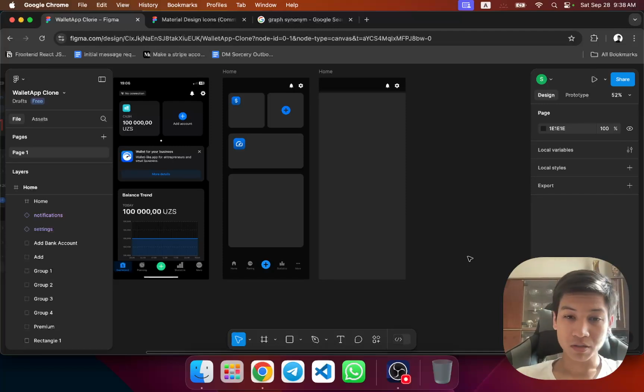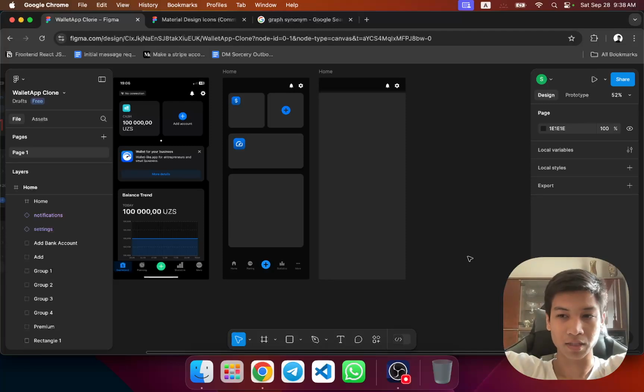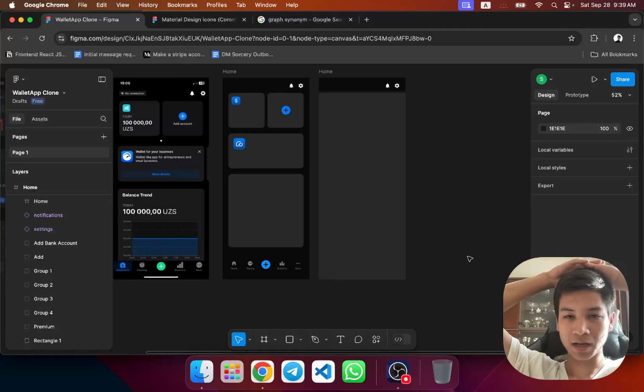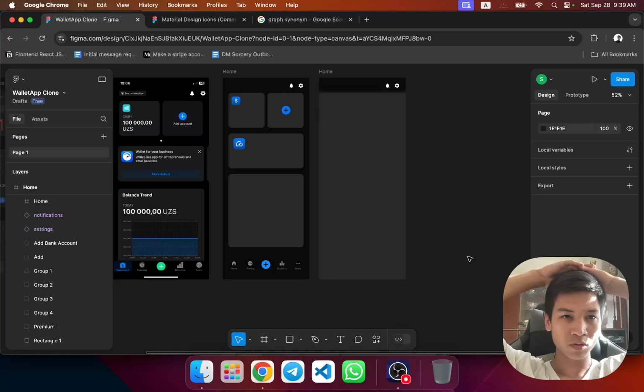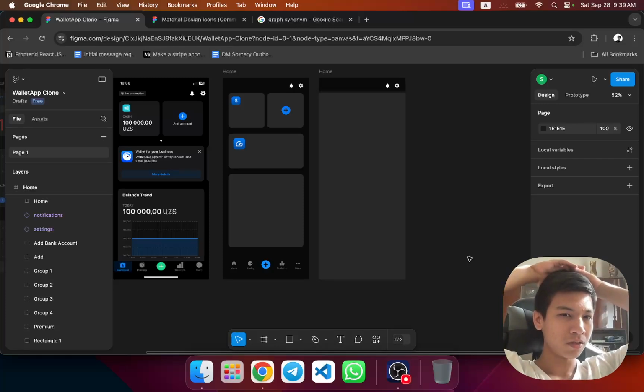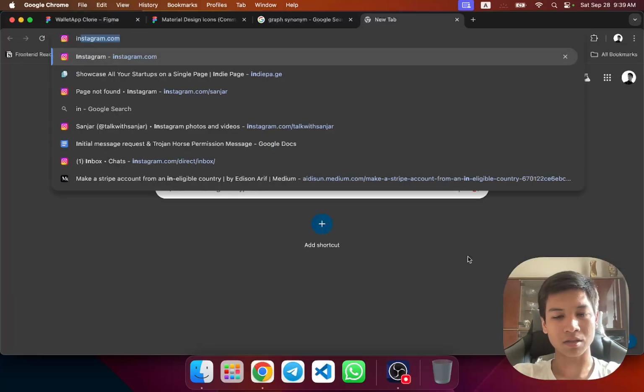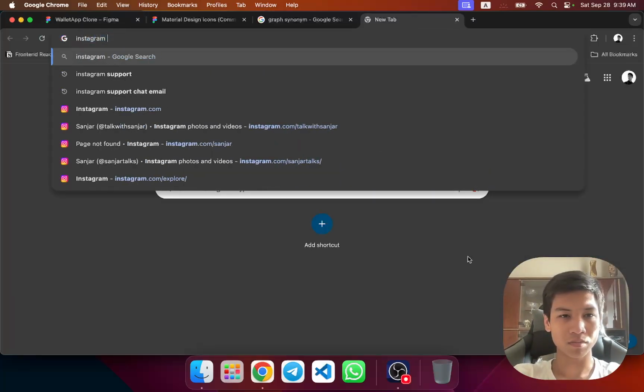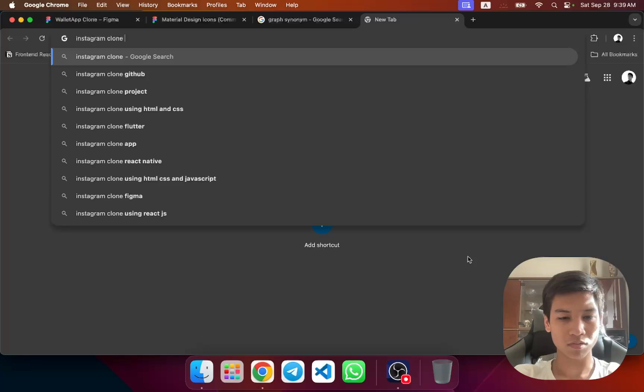I'm trying my best. I'm trying my best. There is no clear guidance, no clear rules or something like that, right? So it's a pet project, but it's not that much of a pet project because, when I imagine a pet project, I imagine something which is to a certain degree made for you. Like, for example, if you search for, let's say, Instagram clone Figma,